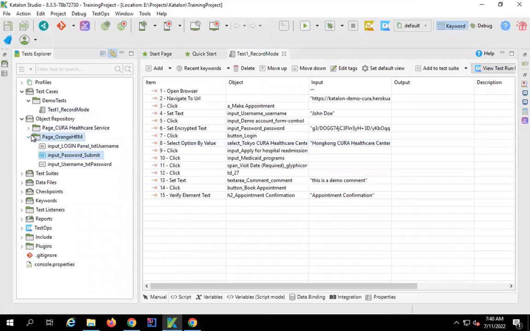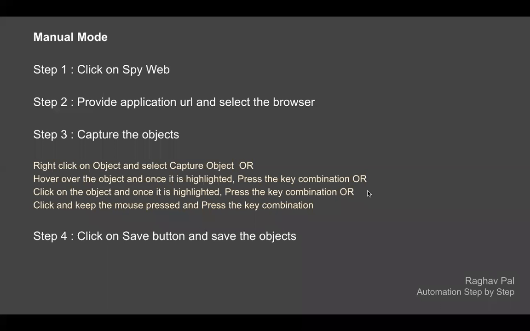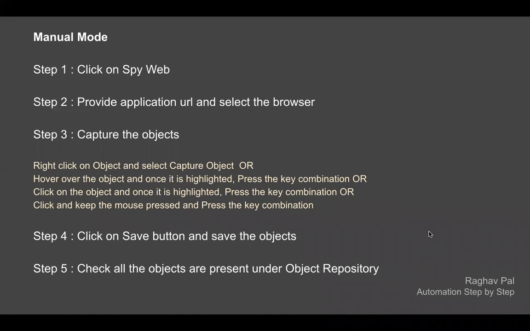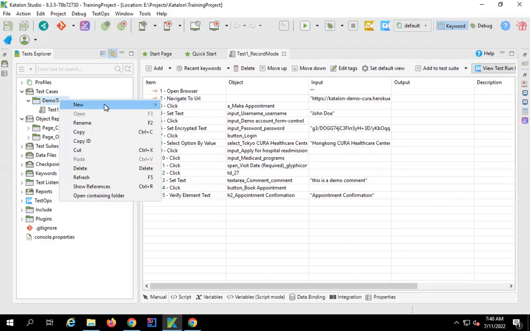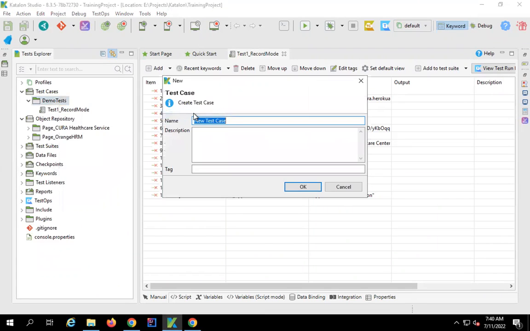You can go and check in the object repository. We have got this page orange HRM folder, and we have got these three objects created here. Now we have captured all our objects, and all the objects are there in the object repository. Now we will create a new test. So I will go to the test cases folder, demo tests folder. I will create a new test case,